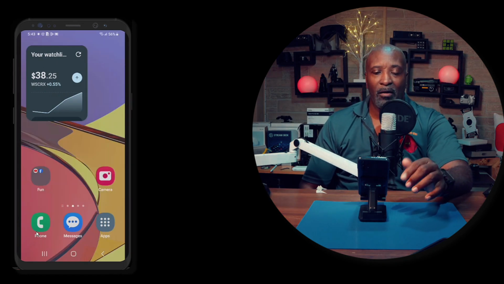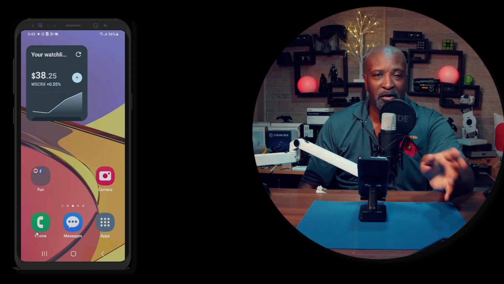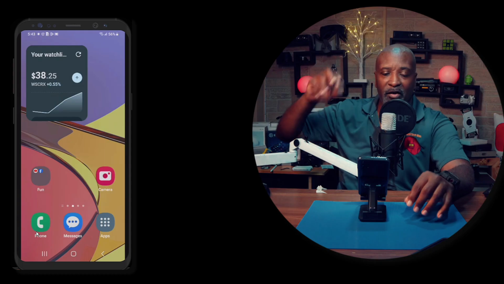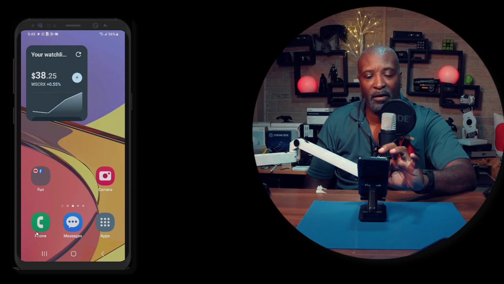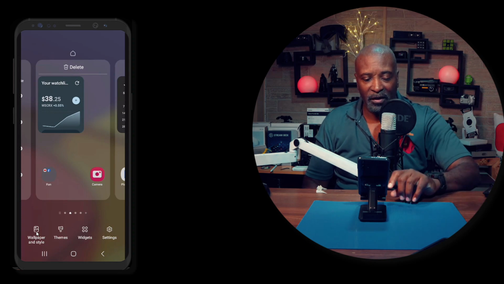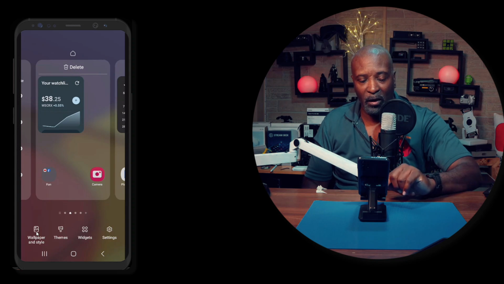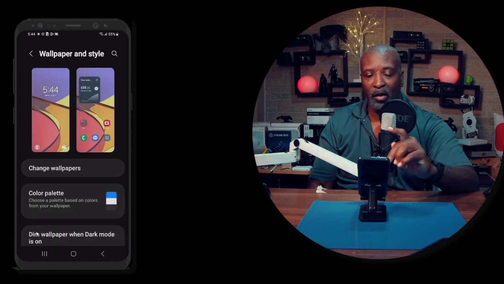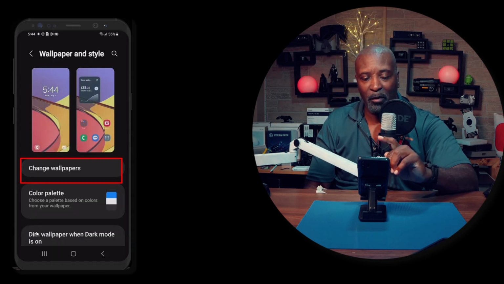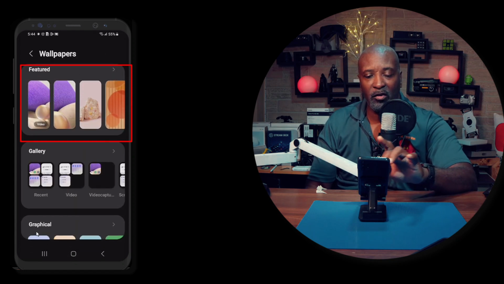Okay, so now let's see if we can create some personalized wallpapers. And to do that, again, it's very simple. You take your finger and you hold it on the screen, and you'll notice that this screen will come up. You go down to the bottom and you tap on Wallpaper and Style. Tap that. Now you can tap Change Wallpaper, and you have all of the featured wallpapers